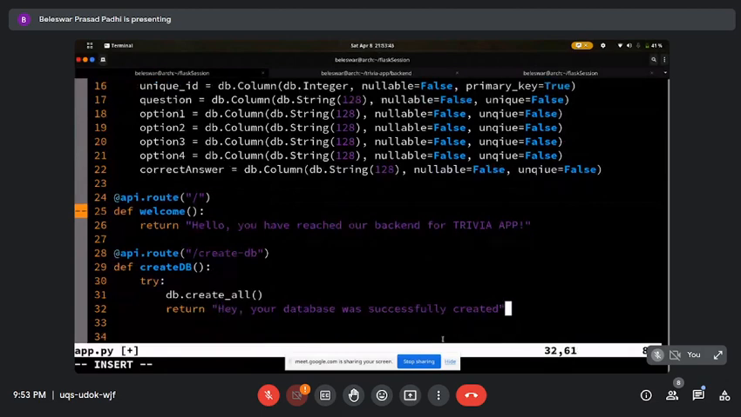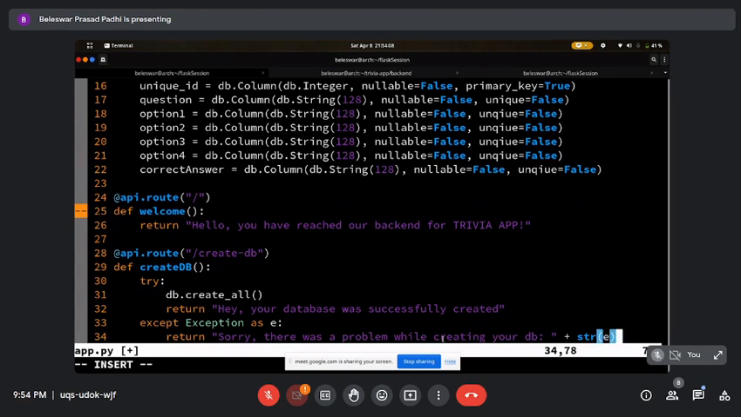Else, if something went wrong, then I have, let me do except Exception as e. I have this exception, I can print. Okay, let me not print, I'll just straight away return it. Return, sorry, there was a problem while creating your DB, and let me just print it here with str. Okay, so this is what it should do. If I save this